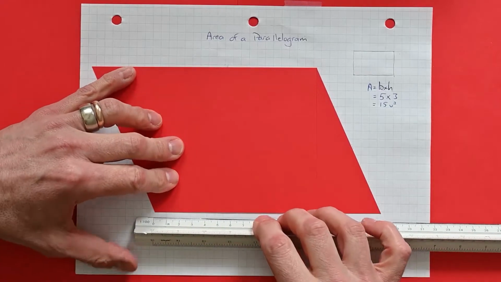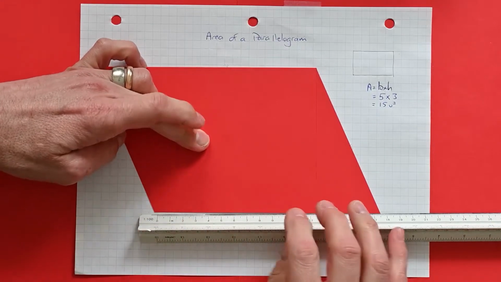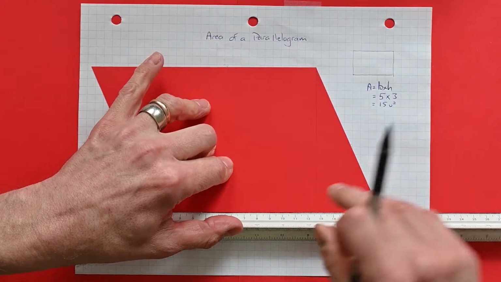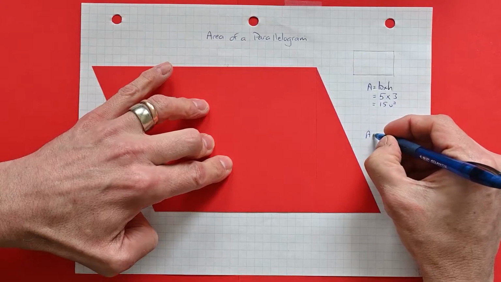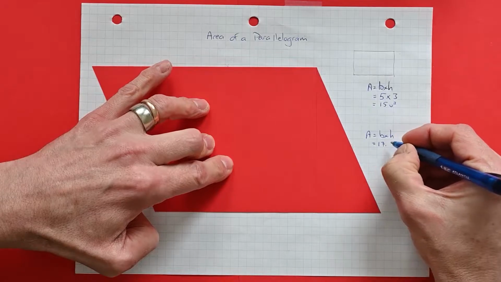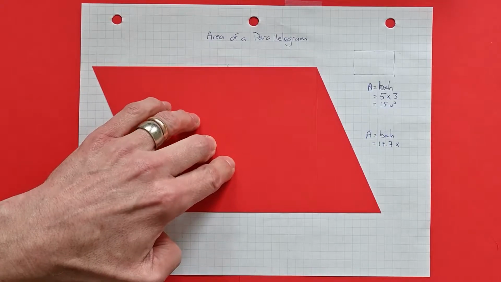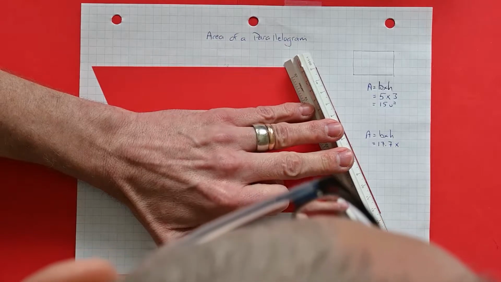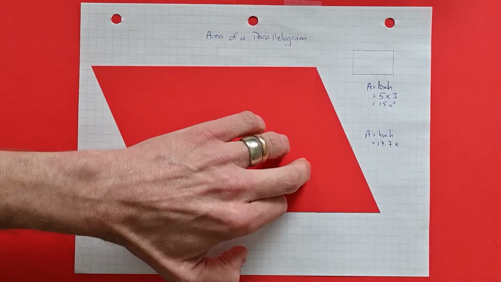So if I consider my base, I'm just going to measure this in centimeters. I have the 0 at one end of the base, and I can see I'm at 17.7. So for this one, the area is base times height, the base part is 17.7, and then I have to find the height. So we come along and we measure that other edge. What I make here is about 12.6. So let's pop that in,